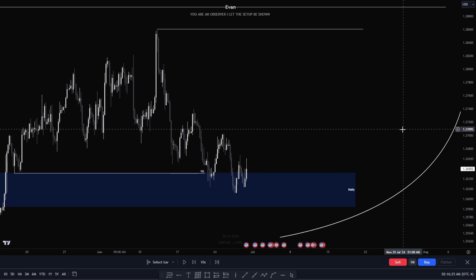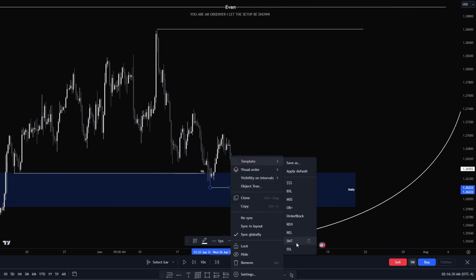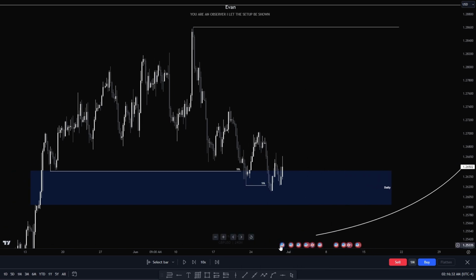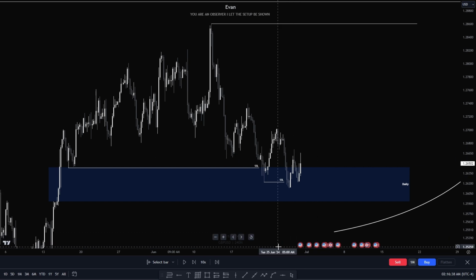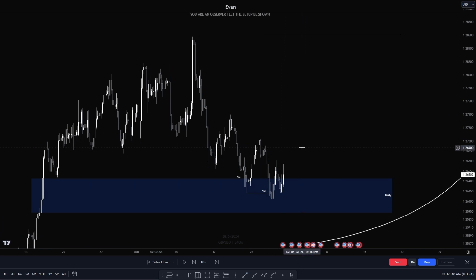We've also swept internal sell side. Okay. Which is very good, and we're getting little displacement back into the range. Okay. And another thing that is very important whenever looking for where the market's going to go,